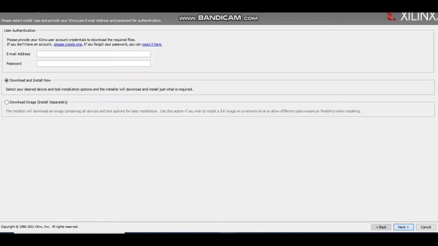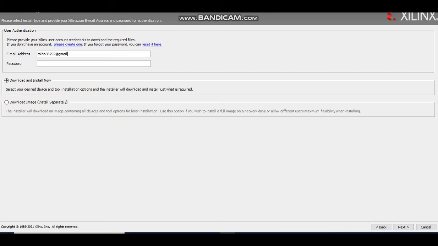I need to click the next button, and here I need to enter my email ID and password. The email ID and password are the same that we created just now, and after clicking that, there are two options, as you can see: download and install now, and download image.